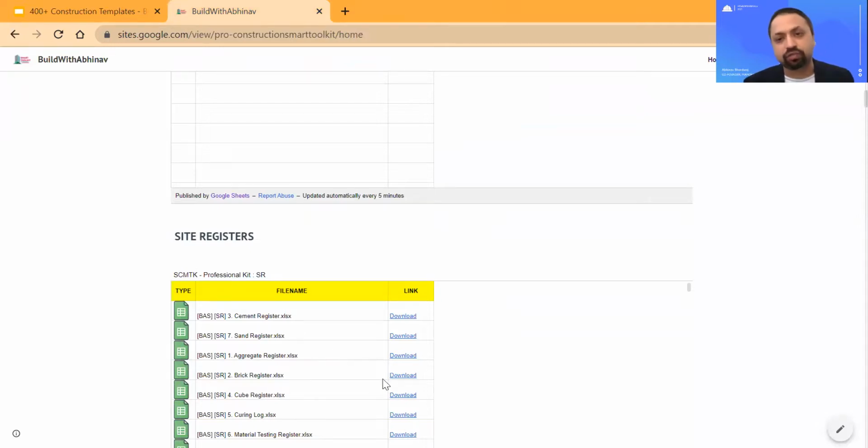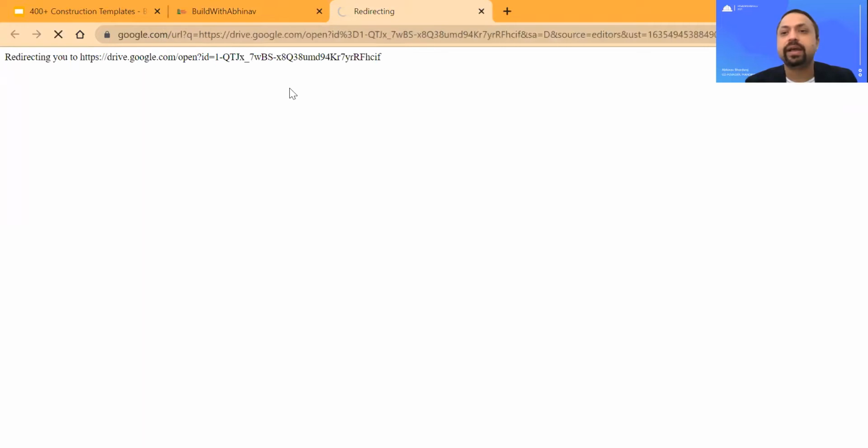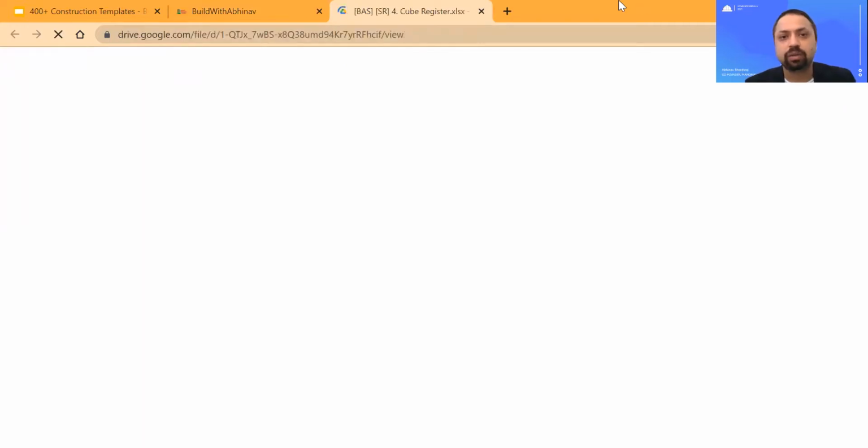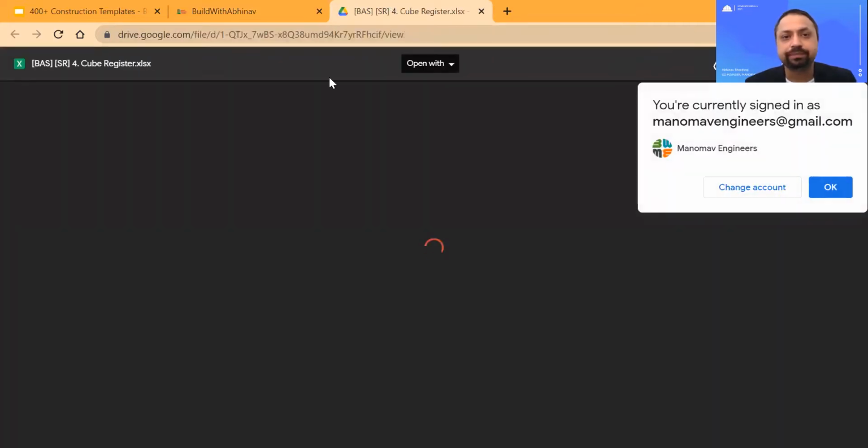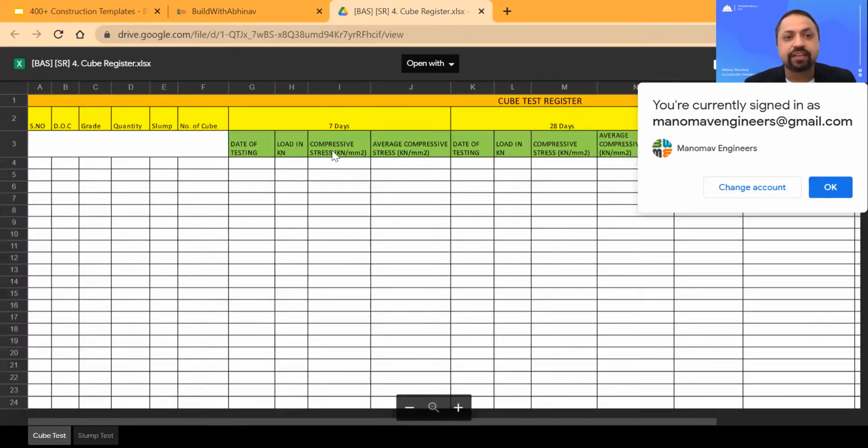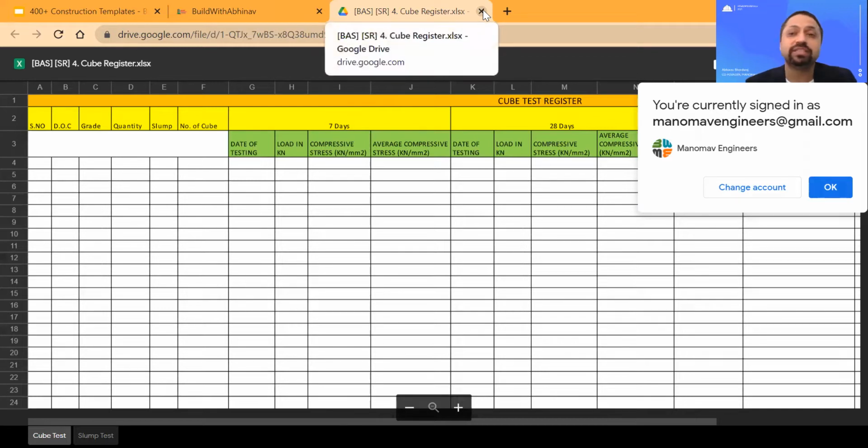Maybe you can take the printout of these site registers which I'm showing, or you can draw your own register on a real register and establish on the site. So let's say if you have established the cube register, you will be able to see this register in which it says 7 days testing, 28 days testing. Whether you know or you do not know, your site starts getting into the control once you start using this